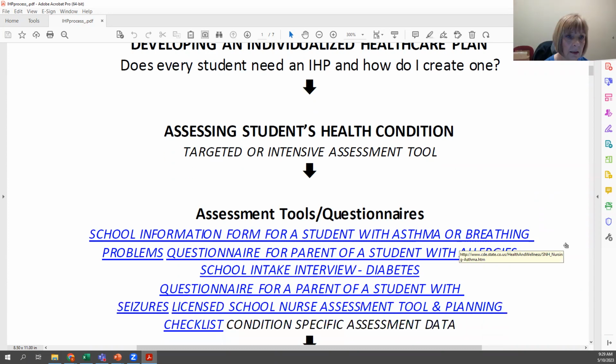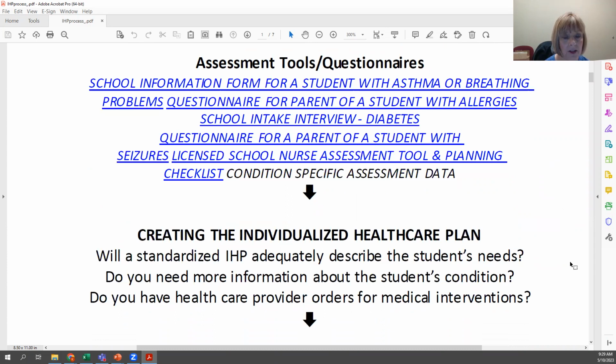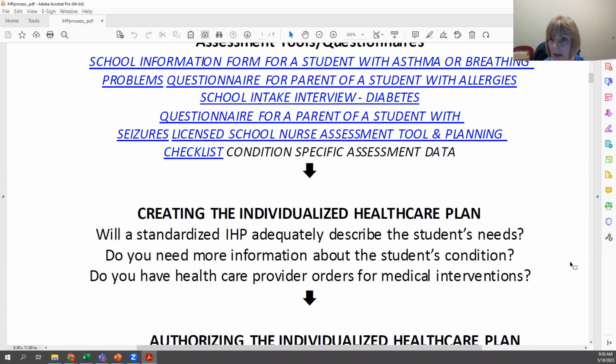Anyway, go ahead. And I also would add there that if you're using the Brendan McClarty Foundation asthma inhalers, your asthma students should be considered as well to have an IHP, so that we know what orders we have. Okay, so then we're going to go ahead and look at creating